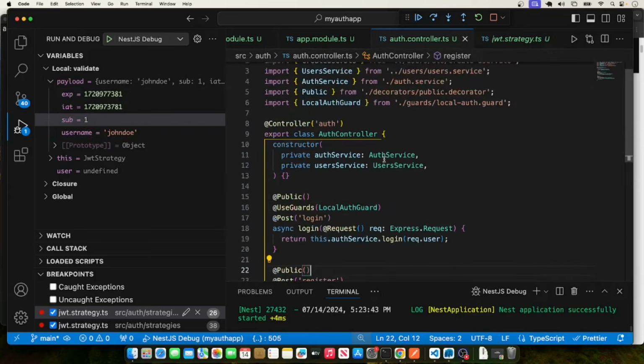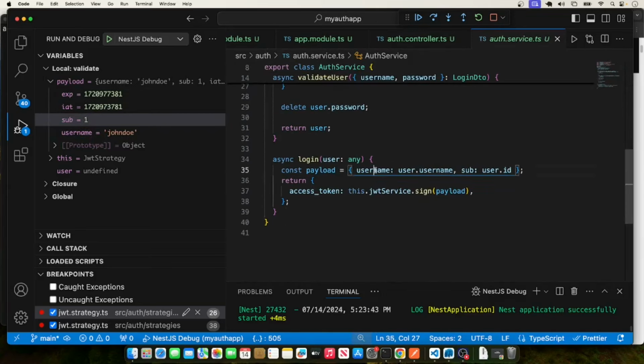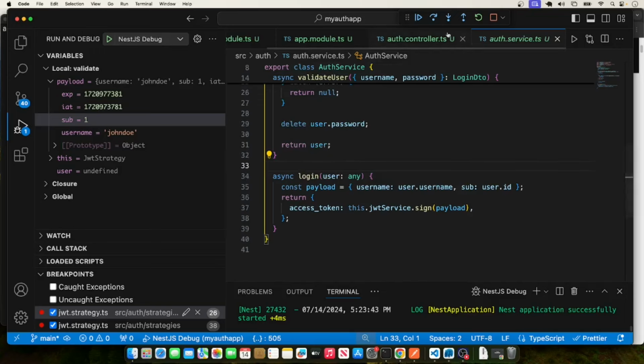If we go to auth service and we come down here, we have this username and we have this subject, which is the user ID, and these two extra standard JWT fields, issued at and expires at. So this works as expected, the JWT strategy. Let me continue this execution,